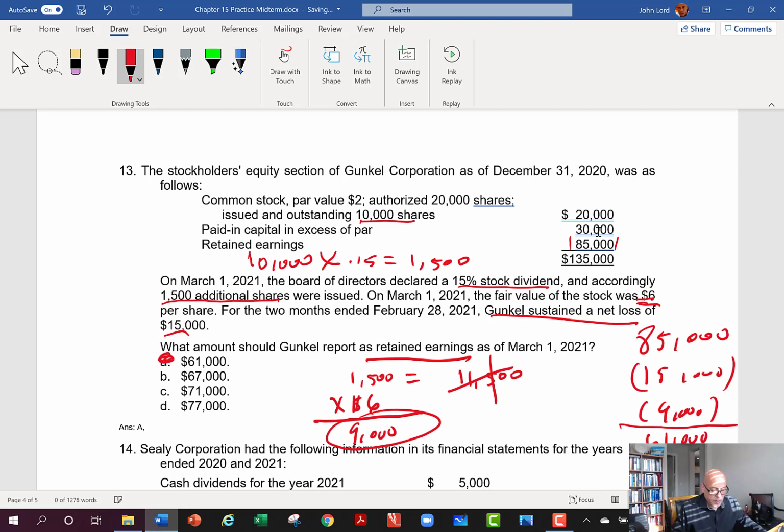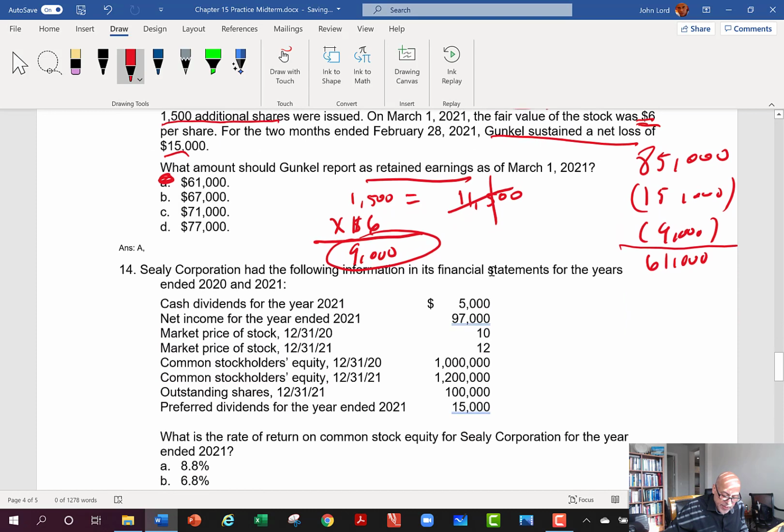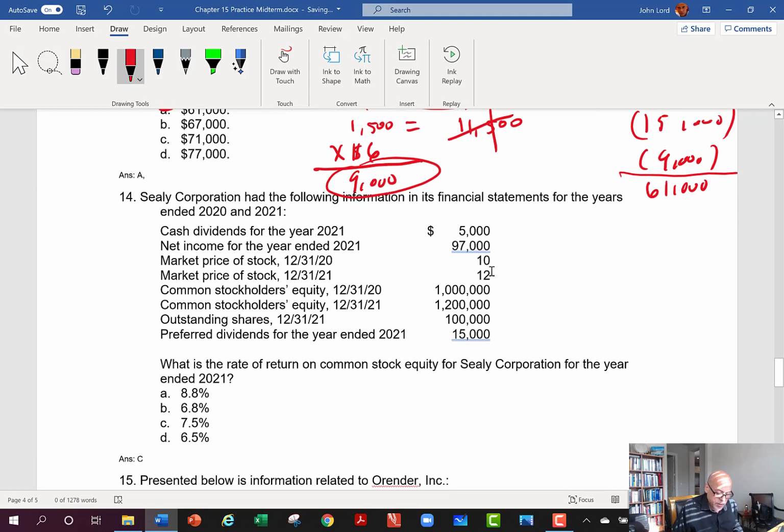Okay, good. Again, part of the trick is making sure you know what it is that they're asking you in a particular question. Okay, good. Last couple of questions here dealing with some analysis of stockholders' equity, rate of return on common stockholders' equity. Okay, so we would have to first pick up the net income, $97,000,